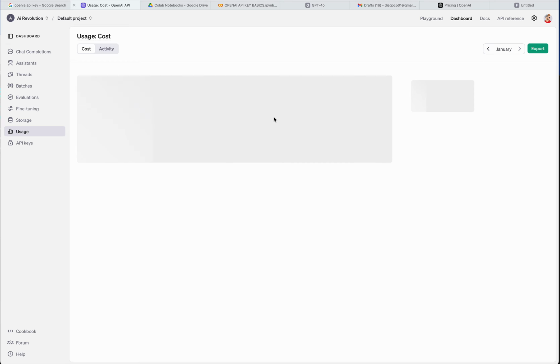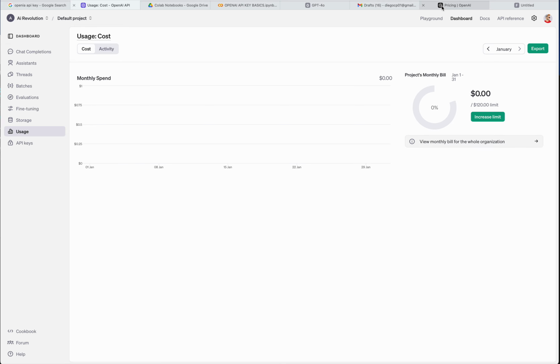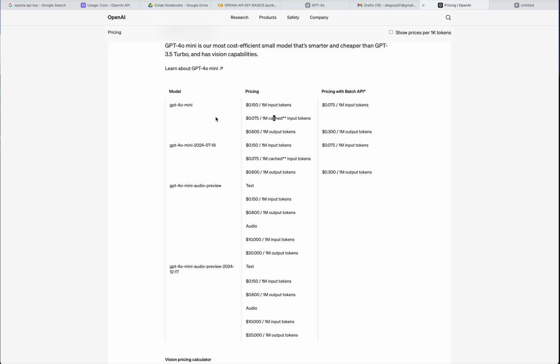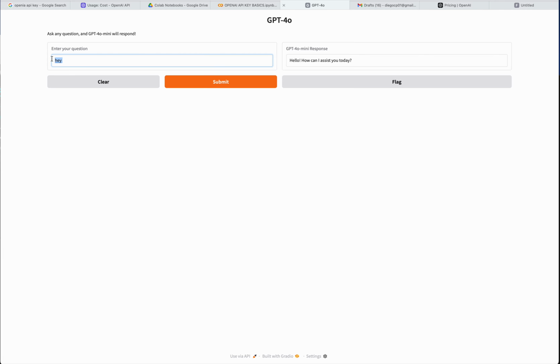Pretty much the usage is very little. You can go to the OpenAI pricing tab. I'm gonna show you here. We're gonna use GPT-4o mini today, so we pay like 20 cents per million tokens input, and then 60 cents for output. Again, 1 million tokens. If you don't know what tokens are, think about them as words. And then input output means, for example, this is the input token, these are the output tokens. But again, it's very little, so you can keep playing with this, and it's gonna cost you almost nothing, less